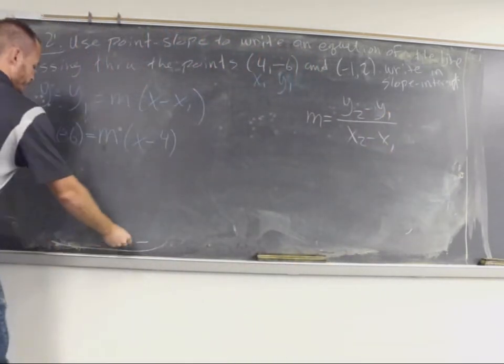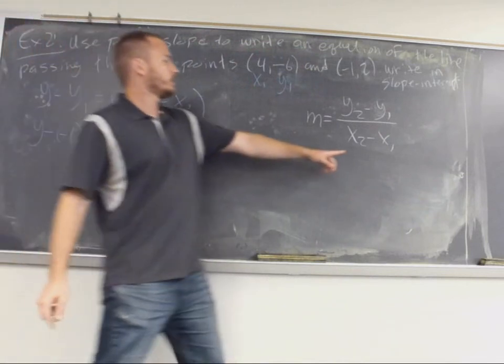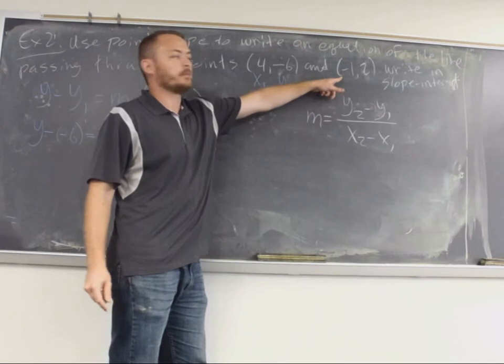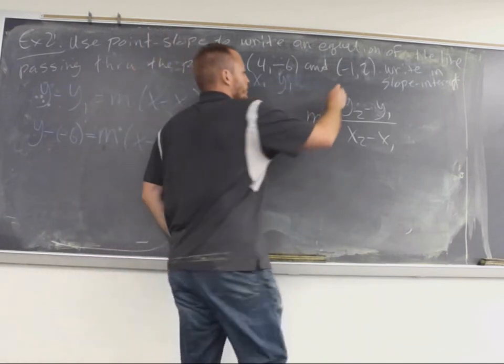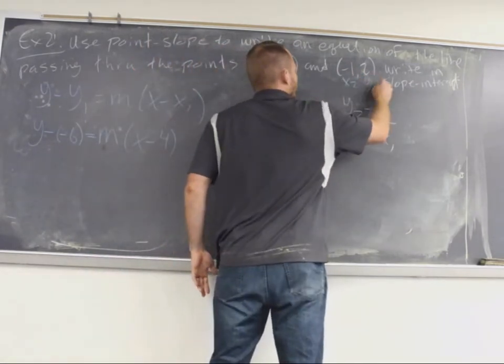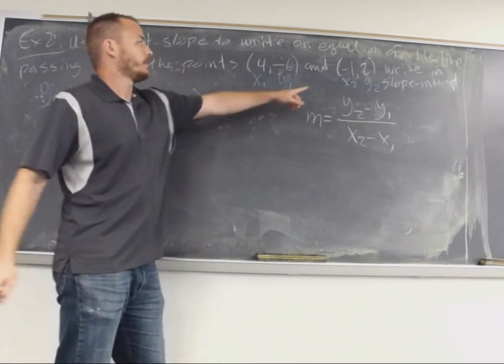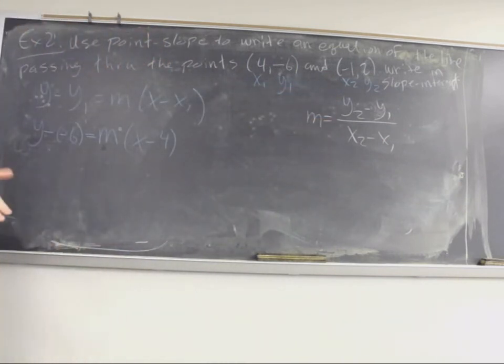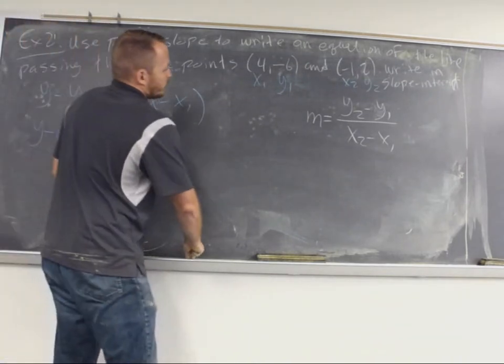All right. Well, I have an x1 and a y1, but I don't have an x2 and y2. But luckily, the problem gives me another point. So I can go ahead and label those x2 and y2. And I could have gone ahead and labeled these at the very beginning when I labeled x1 and y1. But I just wanted to show you, I want you to be able to think through these and see where things come from and not just regurgitate. So,